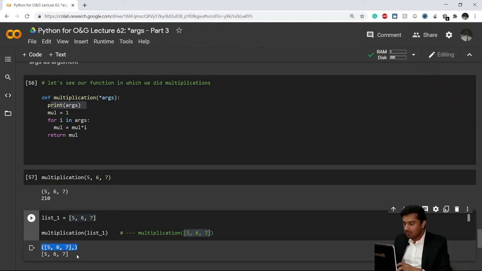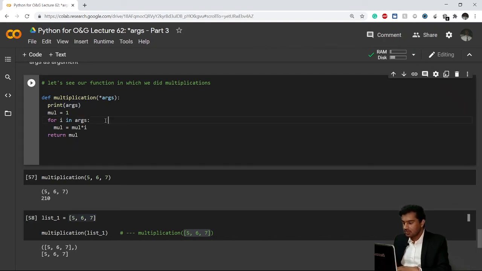But whenever it loops over the arguments, the looping happens inside this whole tuple. Args looks like this, as printed here.